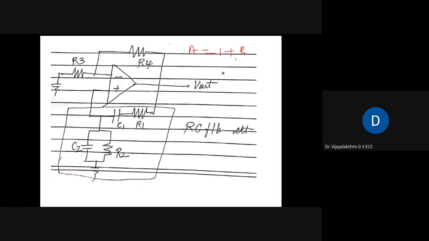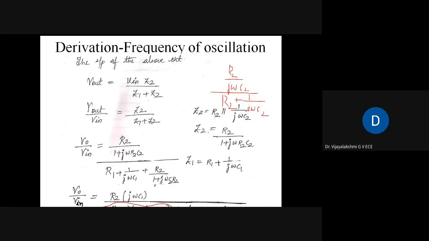It is 1 plus RF by R1. RF is the feedback resistor and R1 is the resistor we are grounding. Now in place of RF, what do I have? I have R4. In place of R1, what do I have? R3. So the gain of the amplifier